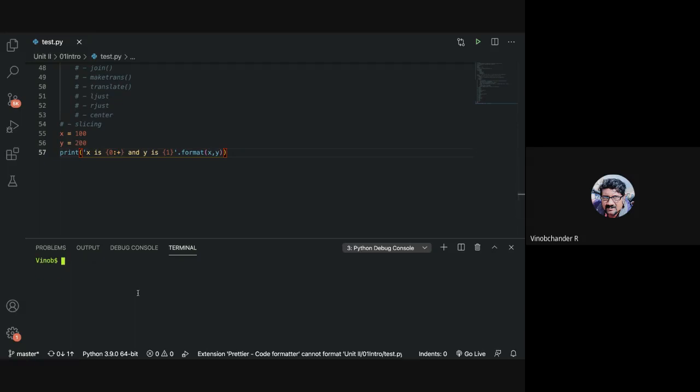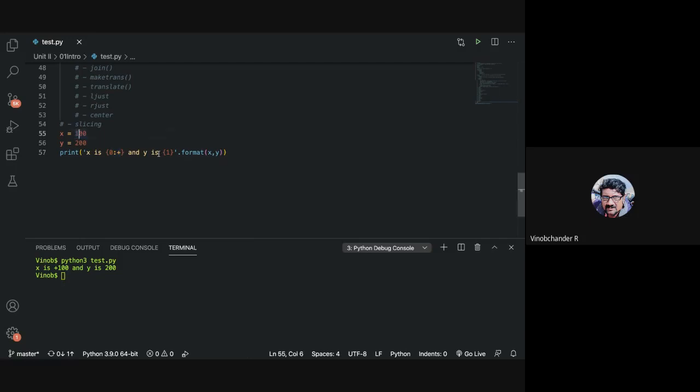What do you think will be the answer for this part? Any guess? When you use this sign symbol, the sign is also displayed, right?